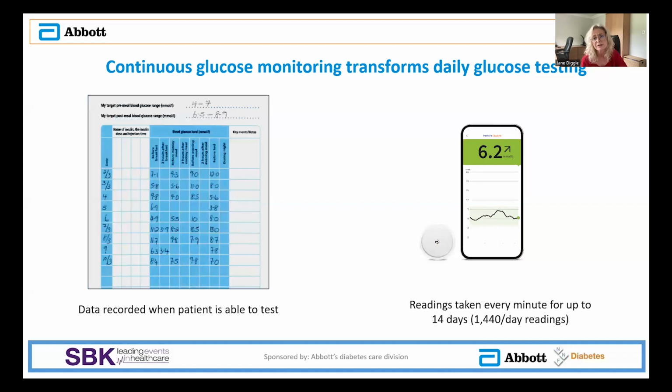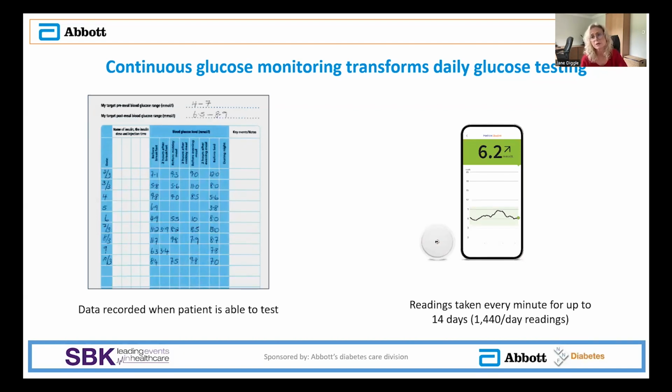So if you take a look at that picture of a blood glucose diary on the left, it will be very familiar to you. That is, if a person actually brings it along to the consultation, and that's obviously not always the case. And you can see that that diary is perhaps more complete than many that you might see, but nevertheless, there are still quite a few gaps. It's a massive undertaking and a commitment. And I totally understand that people might struggle to do frequent fingerprick testing, even in the lead up to a consultation. But as you can see, the amount of data that's supplied is really very limited compared to what